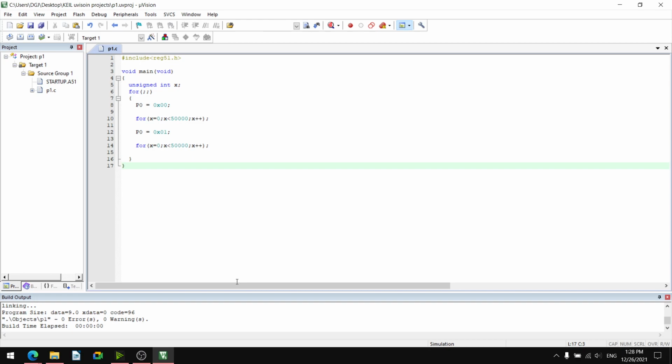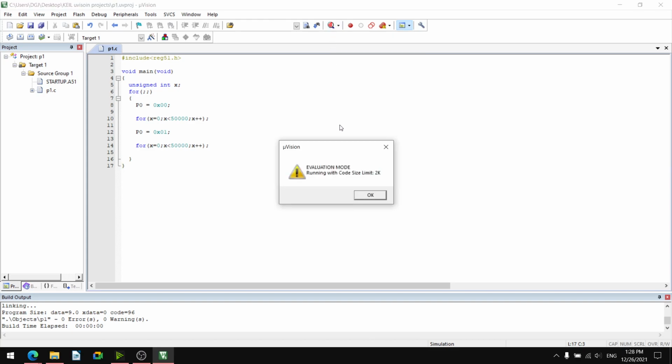Zero errors, zero warnings, isn't it? Now we can go for debug, start stop debug. I will start the debug, evaluation mode running with code size limit. It is giving a warning, limit of 2k, because it is the evaluation version.